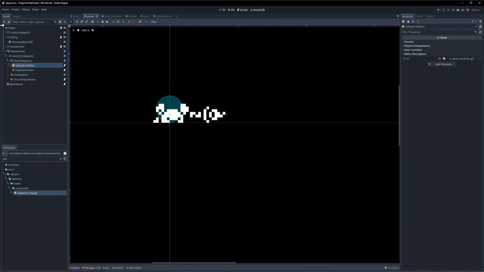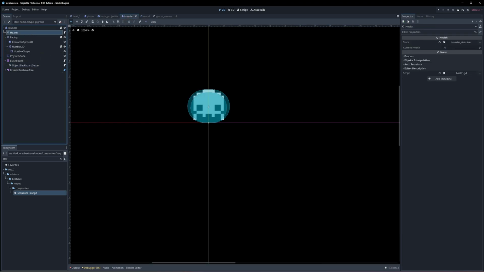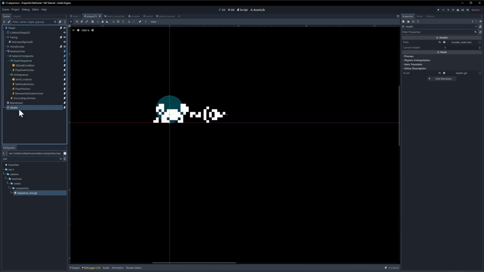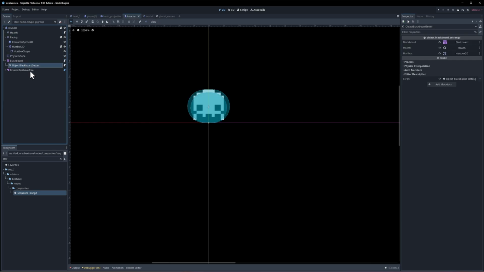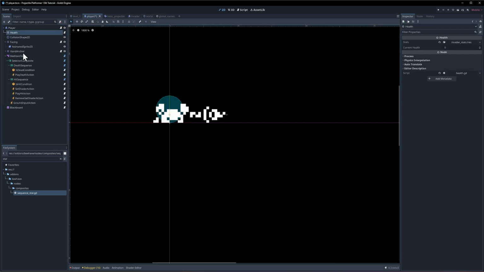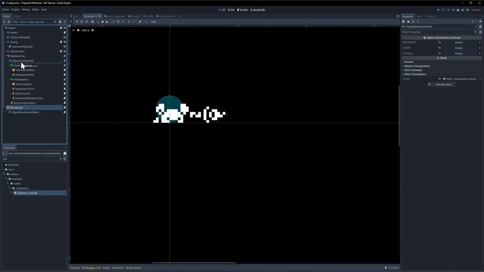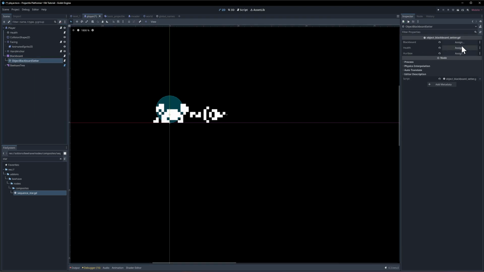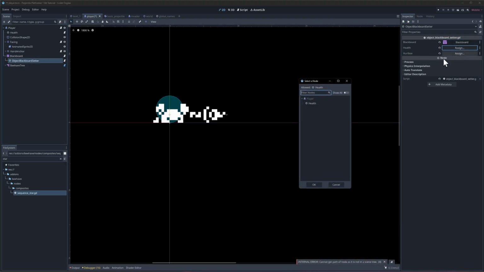Okay, now for our player to actually take damage, play a death sequence and play a hit sequence, we're going to need a setup similar to the invader, where we have a health component and we also have an object blackboard setter. So I'm going to copy and paste those over to player, health component for the player, and object blackboard setter. I'm going to copy that over to the blackboard down here. And let's move the blackboard above the behave tree. Now we can click on object blackboard setter, assign the blackboard, assign the health component, and we need a hurt